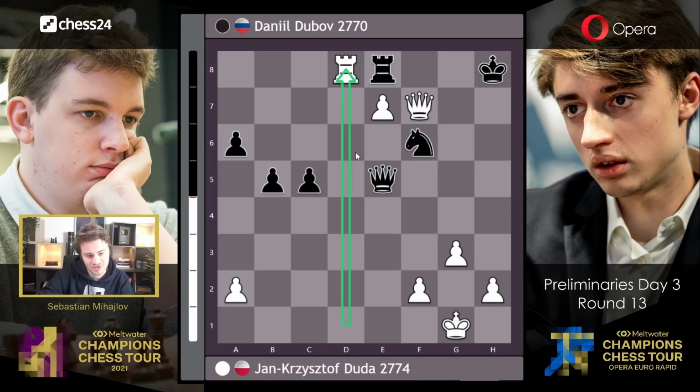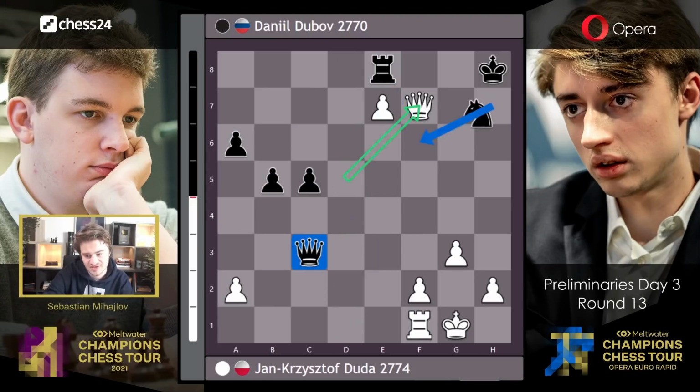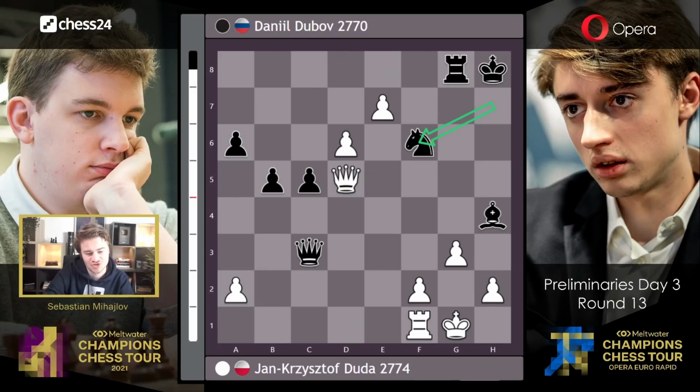Or if then you play rook d8 protecting the pawn, I have a perpetual check with queen e1 and queen e4. A very deep line, and it would have been the better move because after queen f6, Duda has the brilliant strike, queen takes g8. And this is an excellent move, because if I take back with the king, I play d7, and one of my pawns will promote,